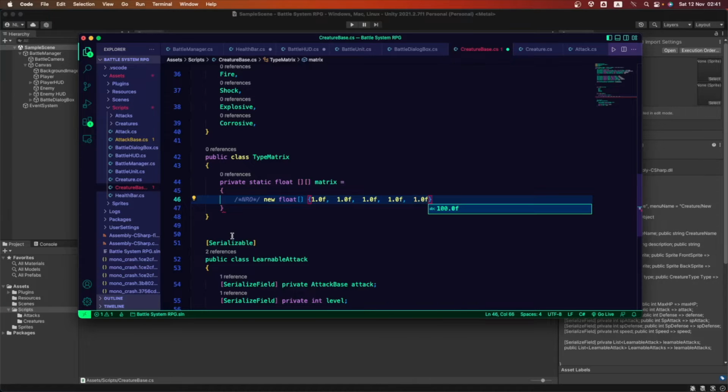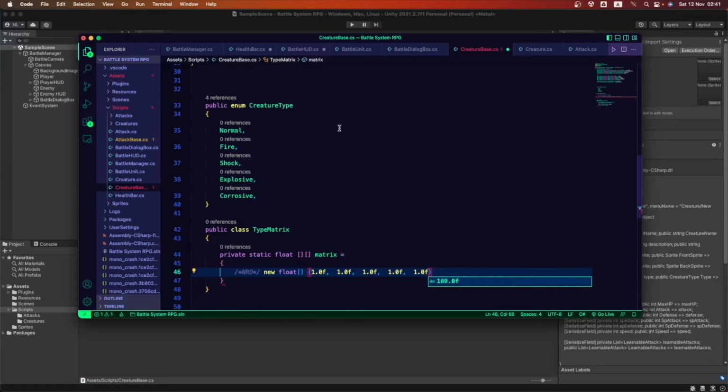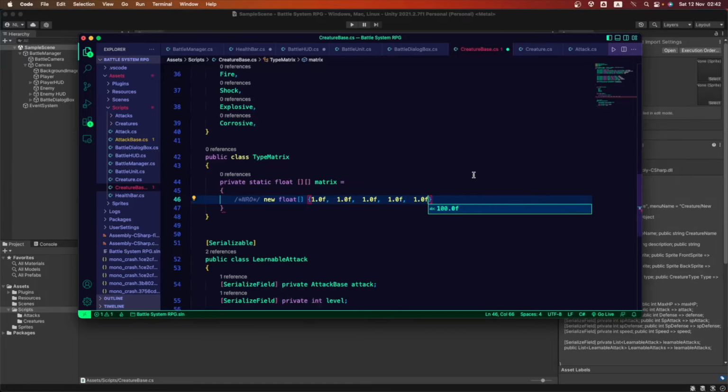We need 5 values because we have 5 types inside our game. This can be any amount of types of creatures or attacks. That is up to you, use as many as you want. As I said in the first video, I'm using the ones from Borderlands here. That is my reference because I loved that game when I played it some years ago. I'm not going to use the Pokemon ones because those are way too many, and that can become very complex. We just want to learn how this works, in the simplest manner.